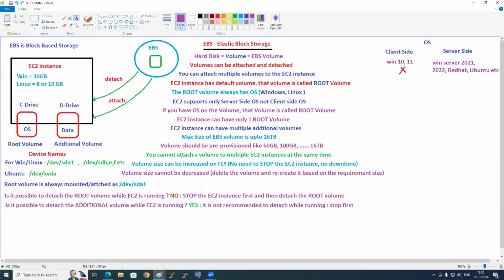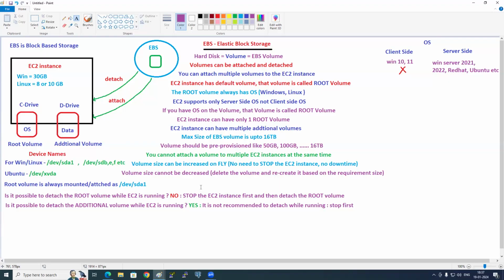See here. You have the EC2 instance and the volume is attached. While it is in attached state, can you delete it? I'm repeating the question. While it is attached, can you delete it? No. Answer is no. What do you need to do first? Detach it and then delete it. The volume should first be detached and only then can you delete.